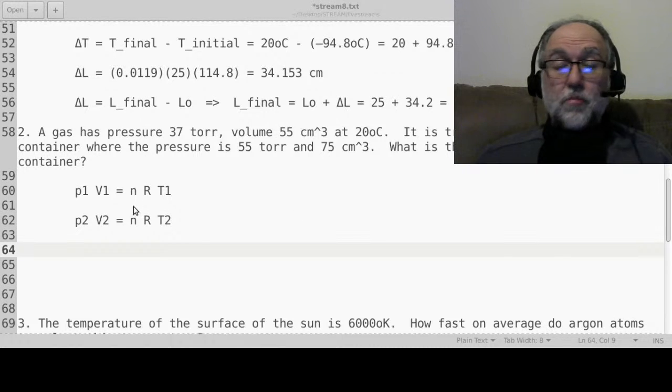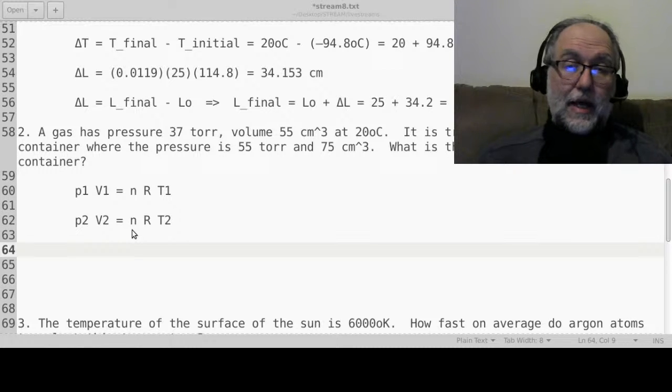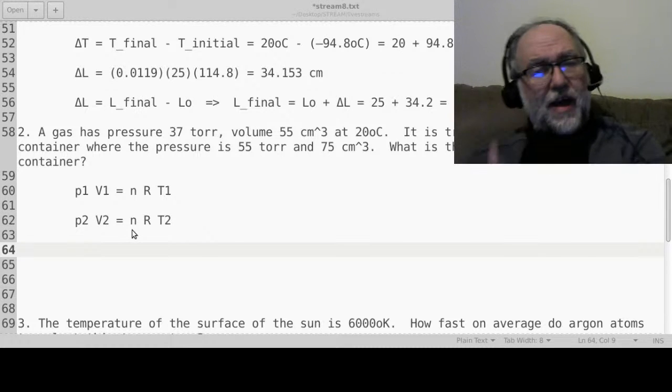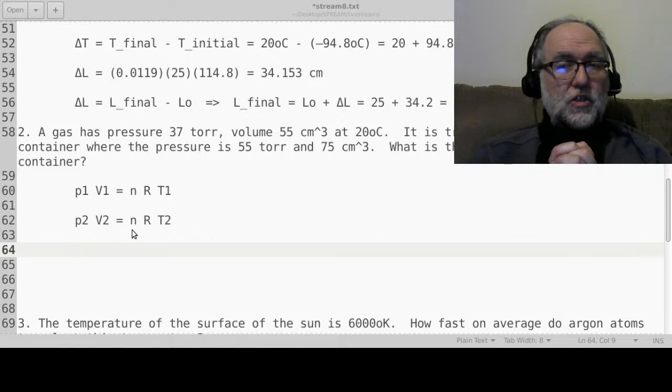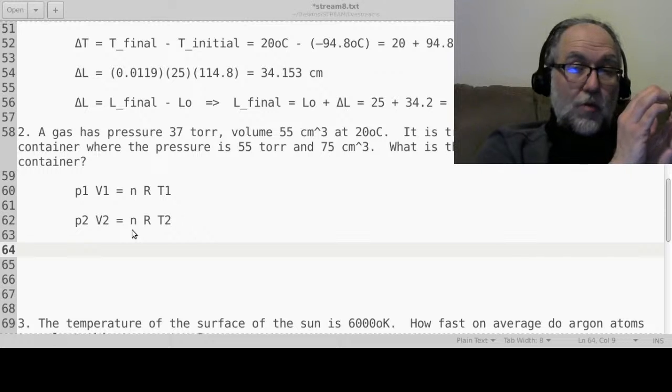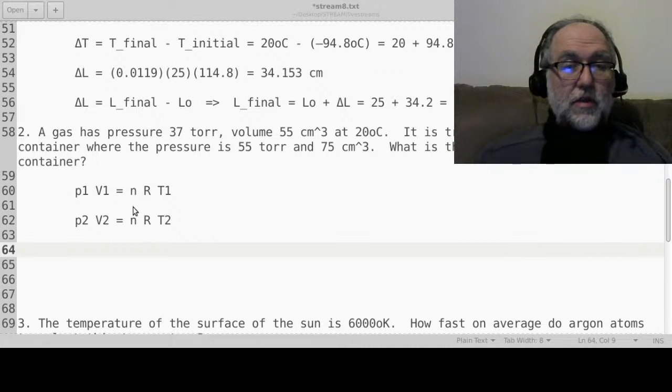But we also didn't put a subscript on n. What is n? n is the number of moles of the gas. Now, if you're transferring the whole gas from the first container to the second container, it doesn't change. Like you could have had 5 moles in the first container, you get 5 moles in the second container. Well, there is a particular number, but we don't have to calculate it. There's some number of moles in the first container, and it's the same number of moles in the second container. So you could see here that n